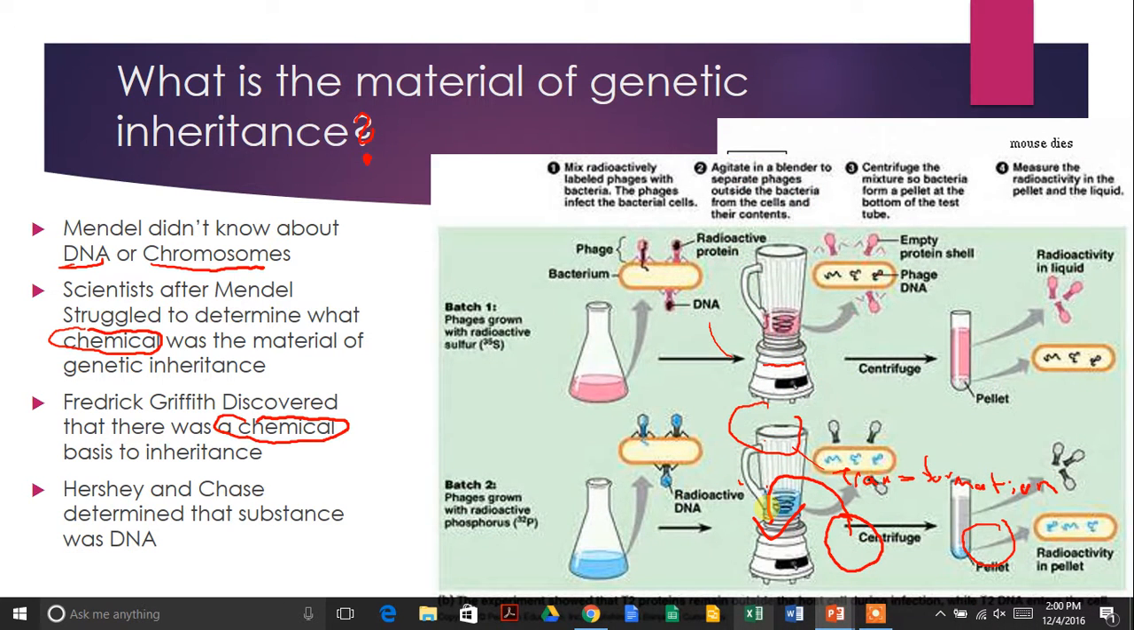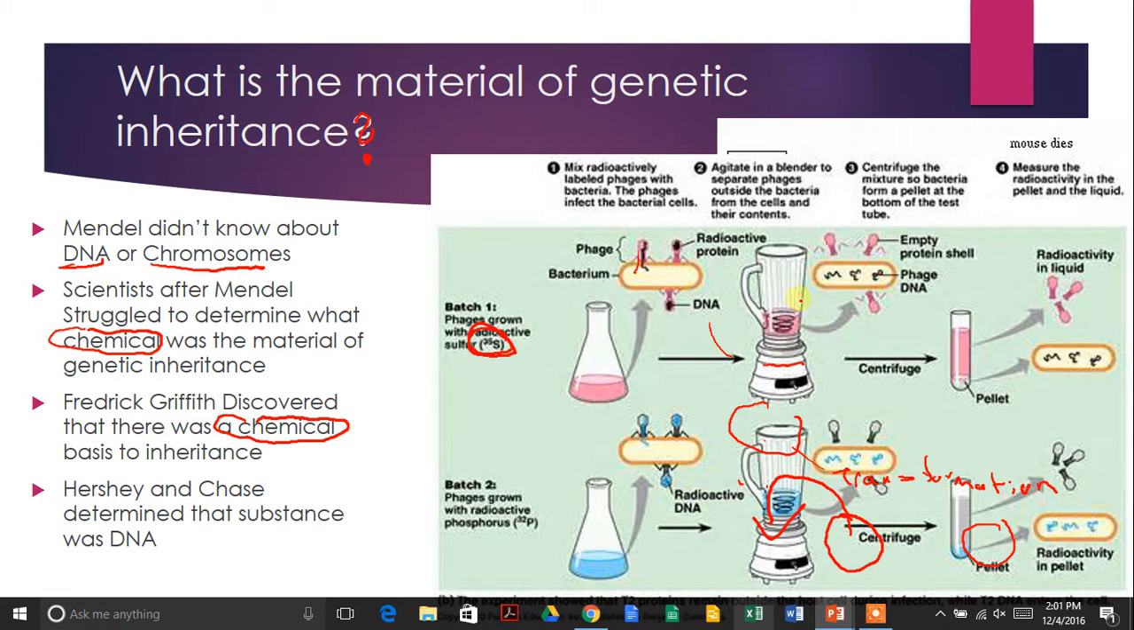Later on, two experimenters named Hershey and Chase proved that it was DNA that was the substance of genetic inheritance. And basically what they did is they took bacteriophages, viruses, which are made up of protein and DNA. In one group of viruses, they incubated them with radioactive sulfur, which became incorporated in the protein, not the DNA. And so when the virus injected its DNA into the bacteria,